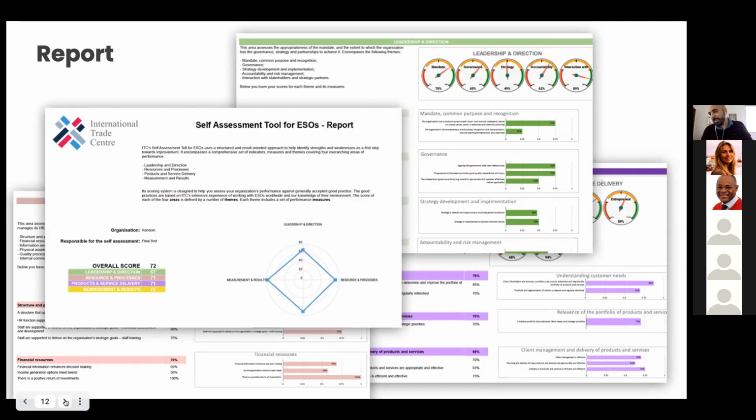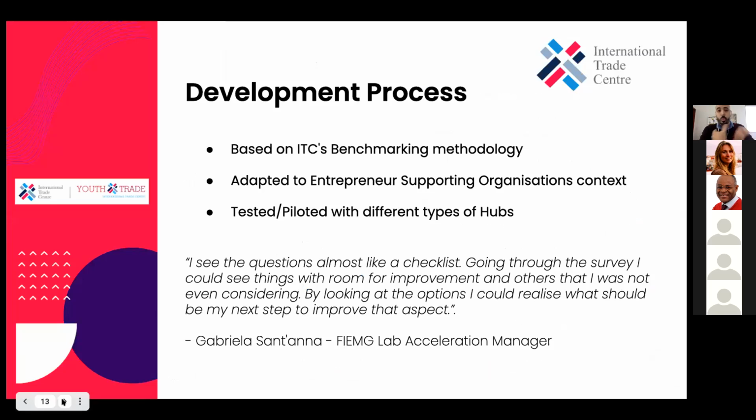And that for me was one big highlight on developing this tool. While we were developing the tool, we asked for feedback from hub managers from different regions in the world. So they were piloting this tool. As I said before, this methodology is based on the ITC's benchmarking methodology.